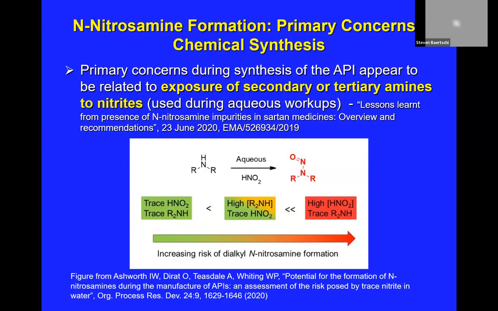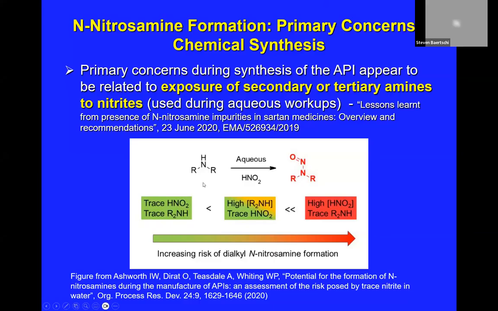In our more recent past, after moving on from concerns about in vivo formation, we became concerned about it forming in the synthetic process, and that's due primarily to the discovery in sartan medicines of low levels of NDMA coming from the presence of DMF and a quenching of sodium azide using sodium nitrite, and nitrites and DMF would form NDMA, so the focus was first on the formation of N-nitrosamines in